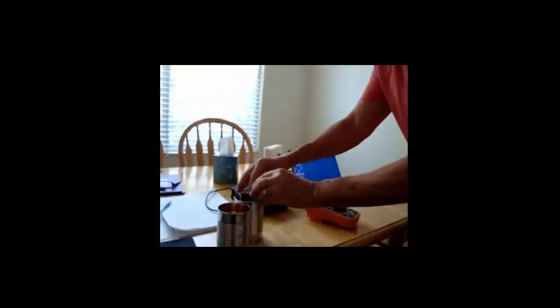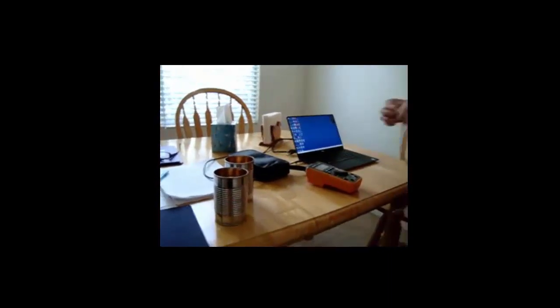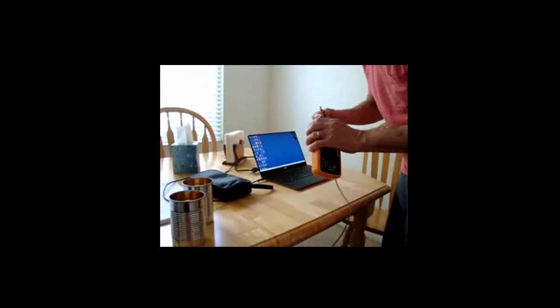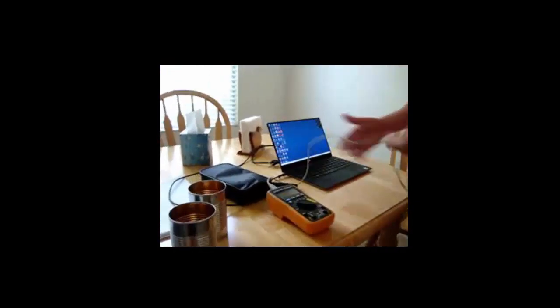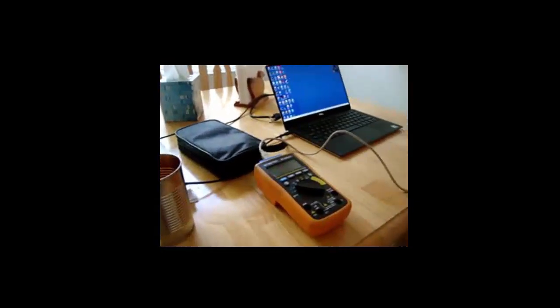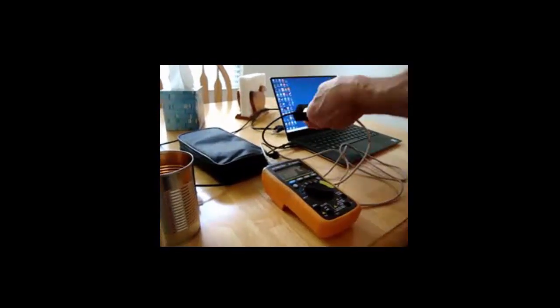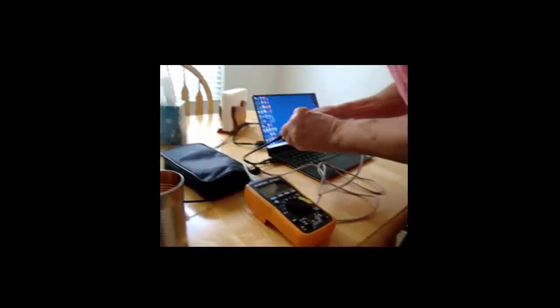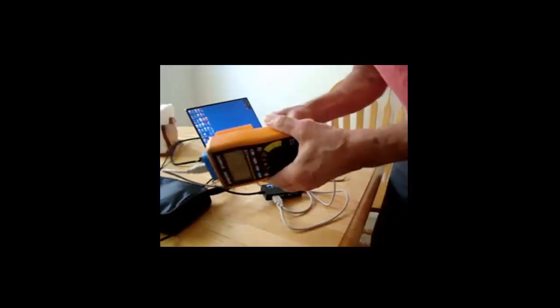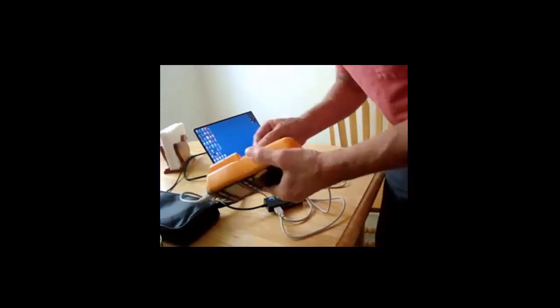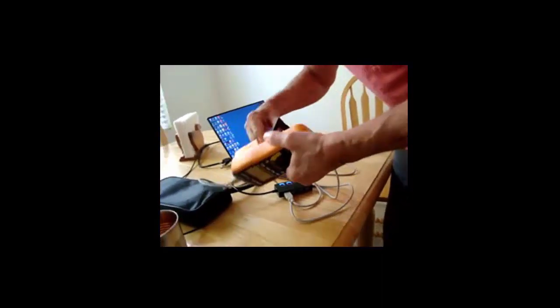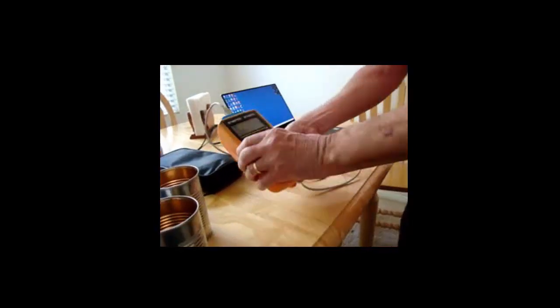So I've got this, and we've just got to set this up now a bit. So I'm going to connect the multimeter into the computer. This connects into our computer here, like that. And so we can set this up like this. And so now we've got that set up. And now what we're going to do is,